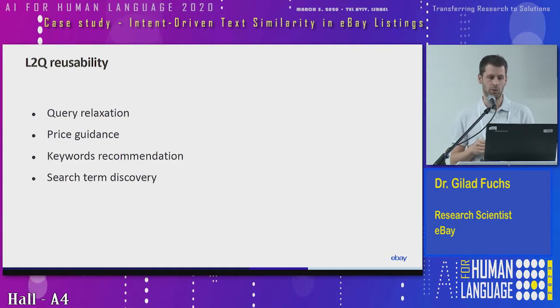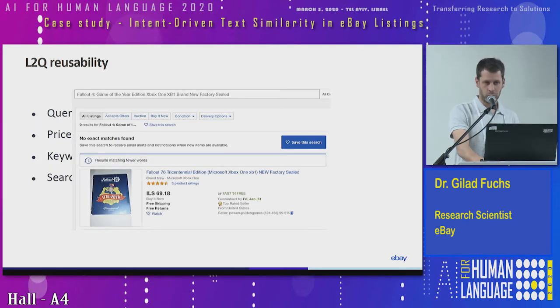Okay, so one of the coolest things about this project, at least from my perspective, was that at the end we realized that this approach can be used in many different domains on eBay, in which one of the most obvious ones is query relaxation. So today, if you search on eBay for a specific title, not for a query of 3 tokens, but rather, let's say you copy-paste the title from Amazon, you better not do that, but you copy-paste the title from eBay and try to see the results, there is a problem